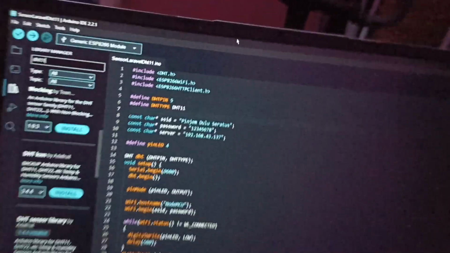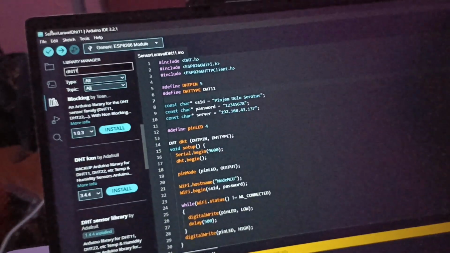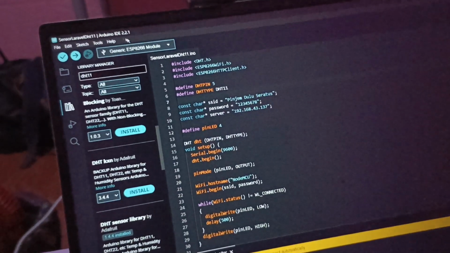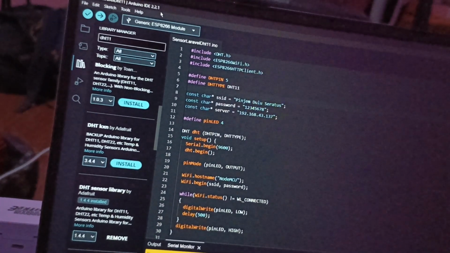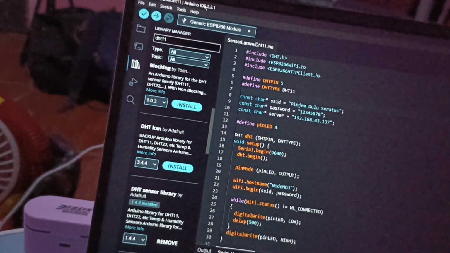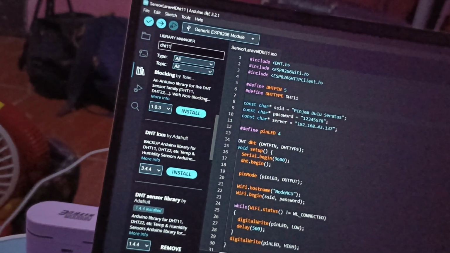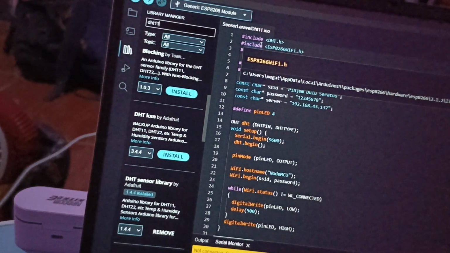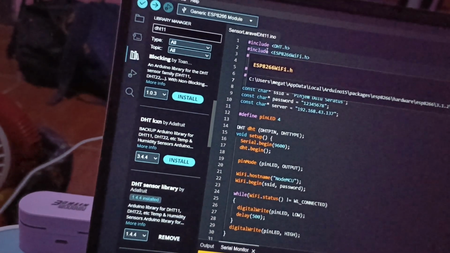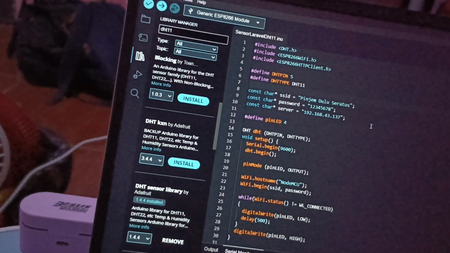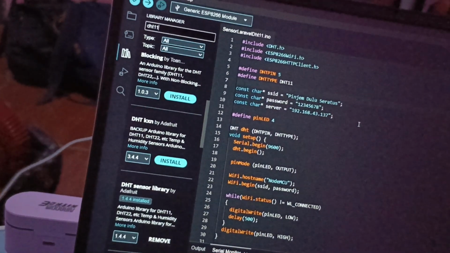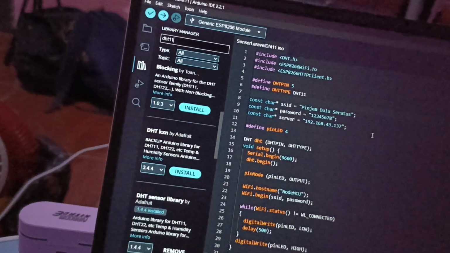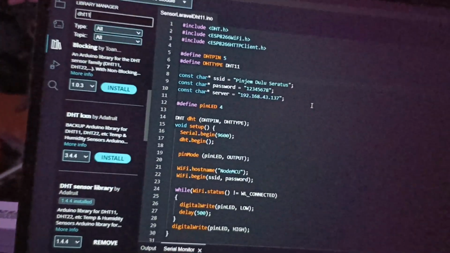And now this app name is Arduino IDE 2.2.1. You can download this on Google. Okay, this is for connecting your DHT and your laptop, board.